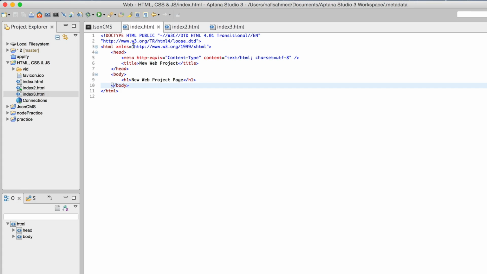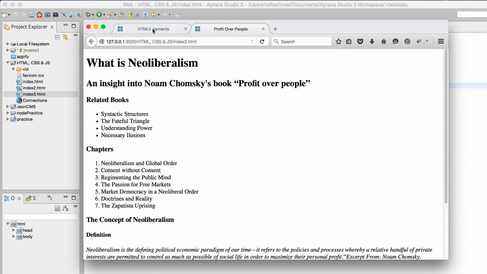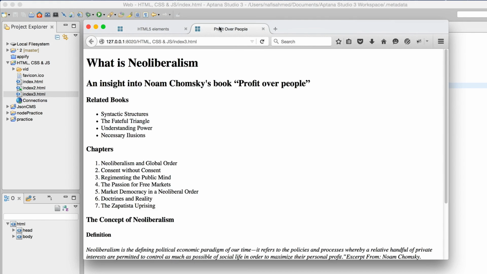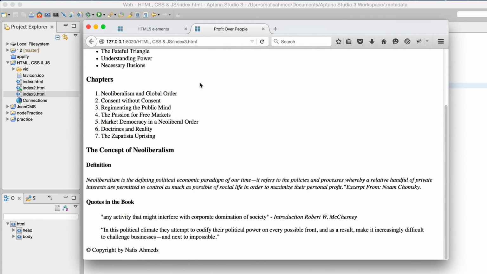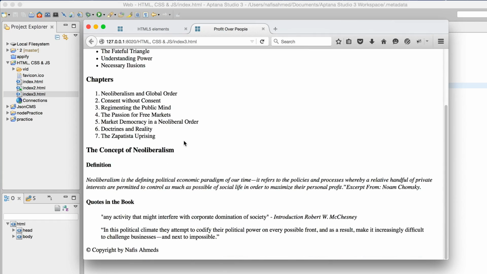In order to create a new page, we will be creating a page like this. But before that, we need to understand how each of these semantic elements will be used to structure our web page. I created this, and I will be showing you how I created it. This is a very simple website, but it is a website that we might need to know. Suppose you want to create a website about book reviews. So I created this simple skeleton